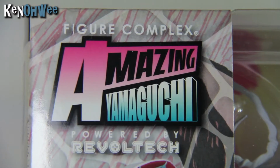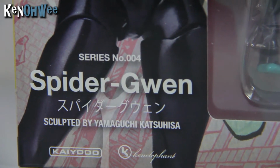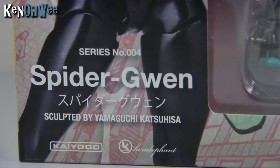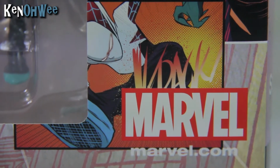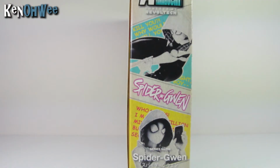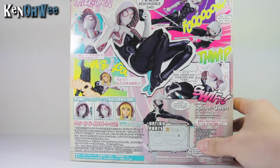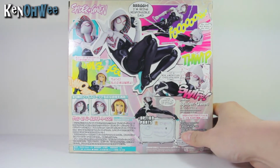Figure Complex Amazing Yamaguchi 004 Spider Gwen, powered by Revoltech, sculpted once again, and I think he's the only sculptor working there, Yamaguchi Katsuhisa. The side of her box displays Gwen in Photoshop fashion and also hanging on the wall talking on her cell phone. Didn't your father teach you not to be on your cell phone while hanging on someone's wall? The back of the box features Spider Gwen in every possible pose in comic book format with awkward pop-up dialogues